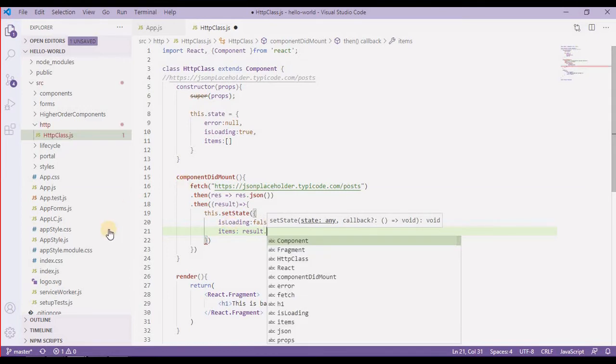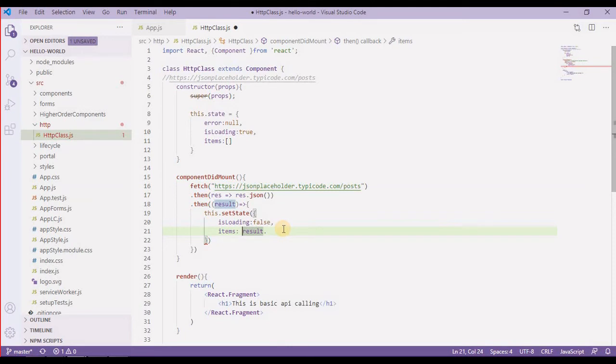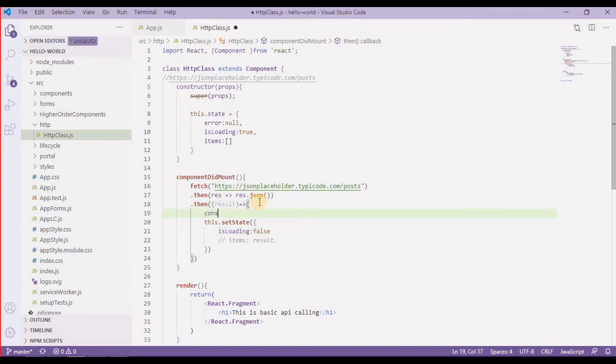I don't know what this result is going to provide, so I'll simply add a console.log over here so that I can understand what I am getting. Inside console.log I'm going to take this result.